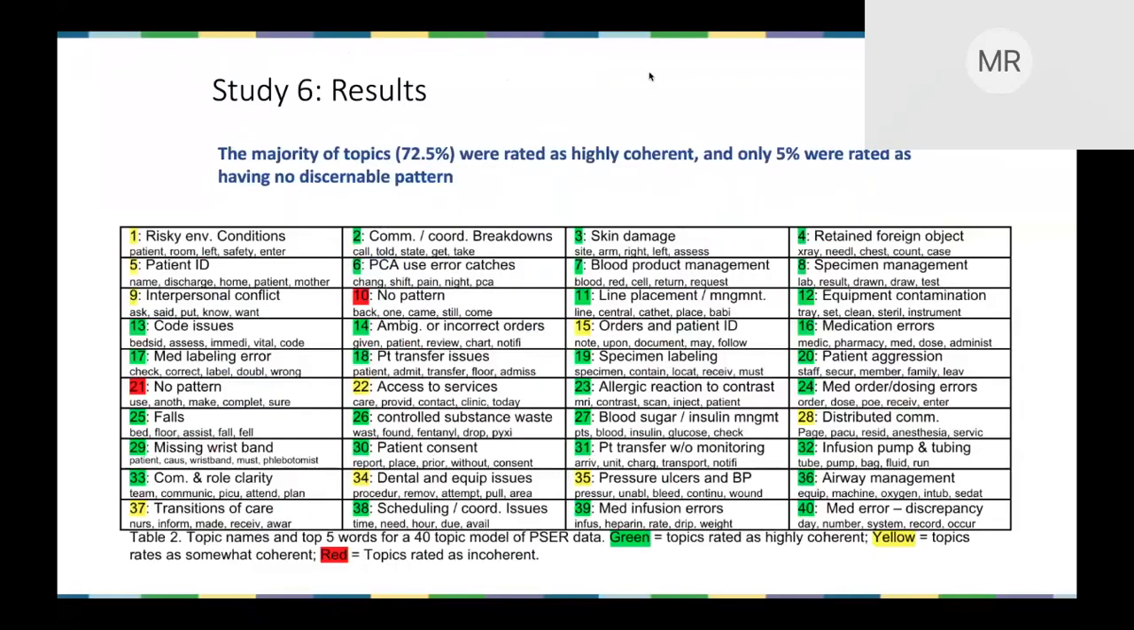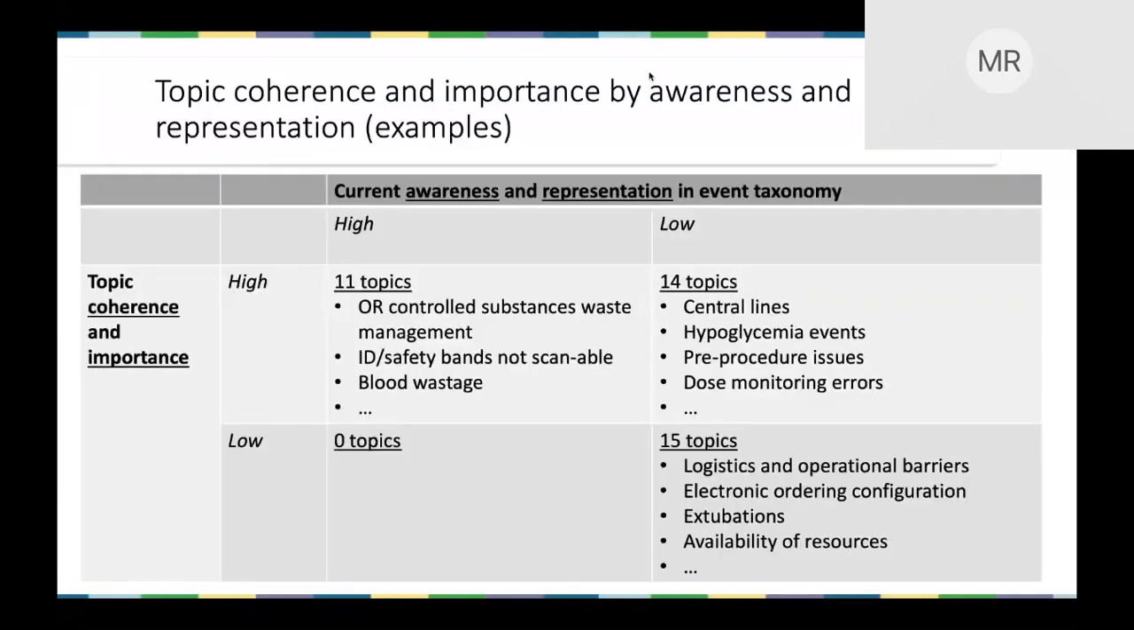So overall, almost 3/4 of those topics were rated as highly coherent, and only 2 of them out of the 40 were judged to be junk, which happens with these models. It'll turn up just a statistically valid but conceptually malformed kind of topic. It doesn't really mean anything. And of those,